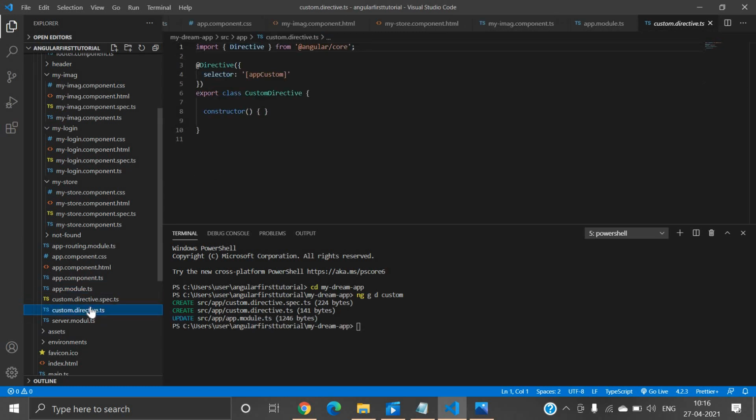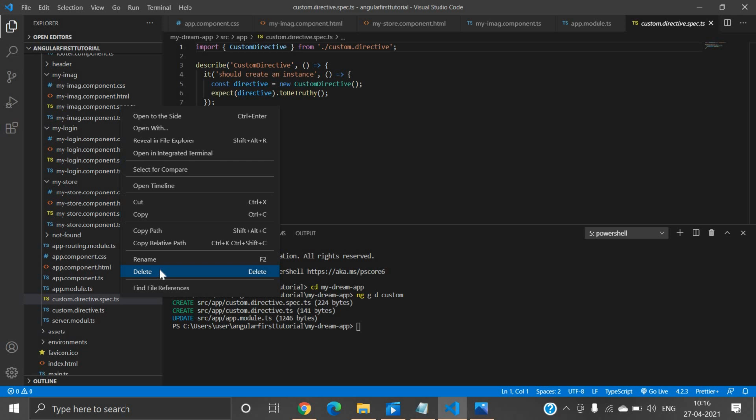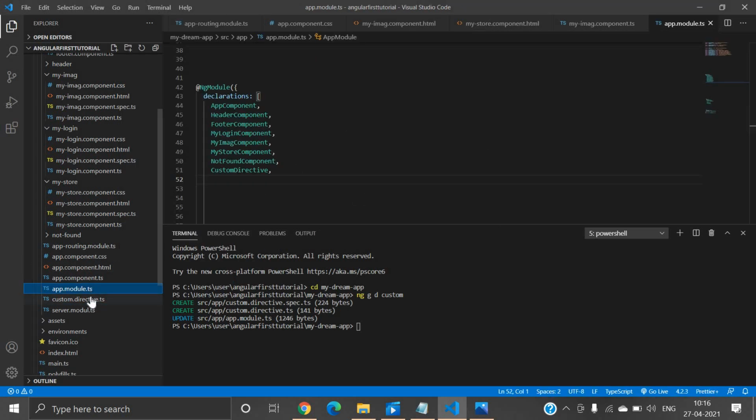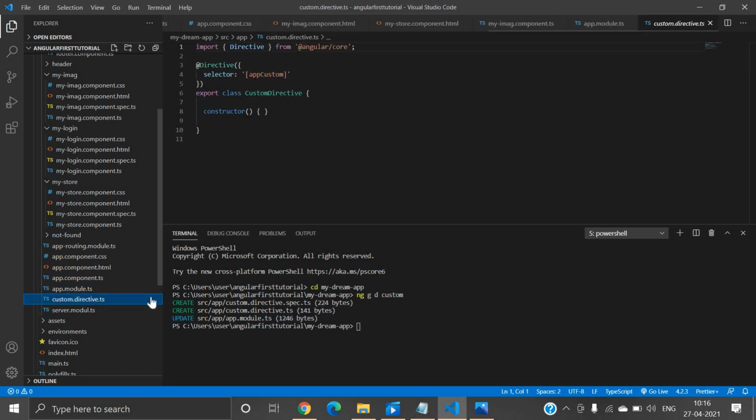Here you can see we have two files, first is the ts file and second is spec. We don't need the spec file because it is used for testing purposes, so you can delete it from here. Now let's move on to this custom.directive.ts file. This is the syntax of a custom directive file, and here you can see this selector you can use anywhere in our project, right? So this is the advantage of custom directive.